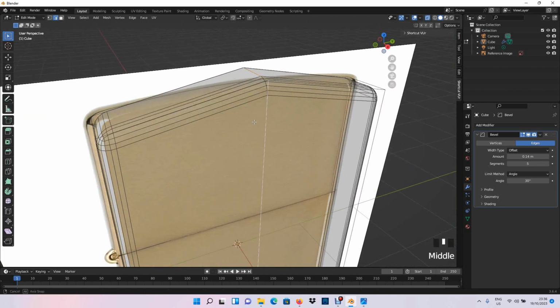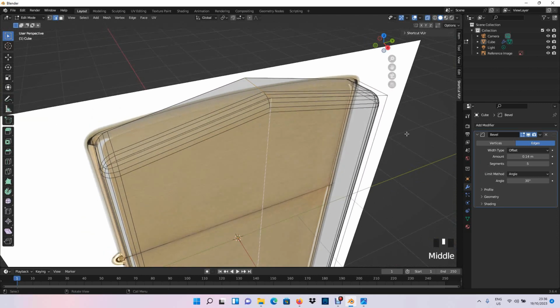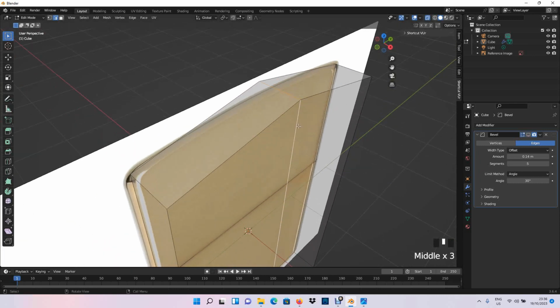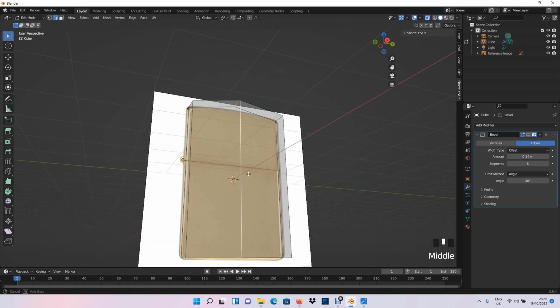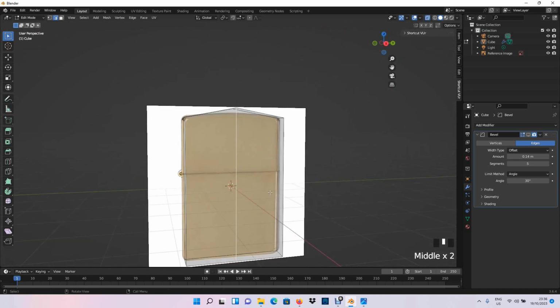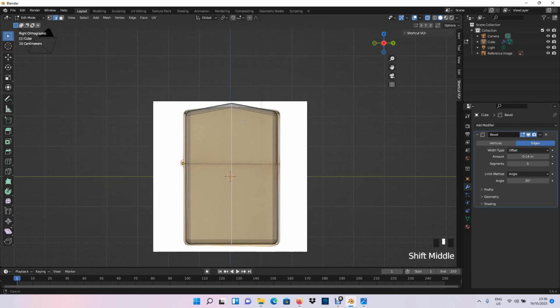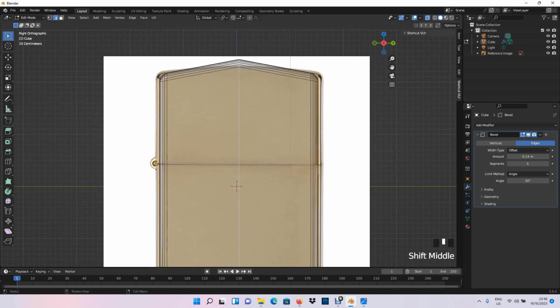If you start getting irritated by this bevel here, you can just switch it off. Then you can see this upper edge and this edge here, and this edge is selected. So make sure everything is selected. Activate the bevel again, press 3 for the side view, and then we can press Control B